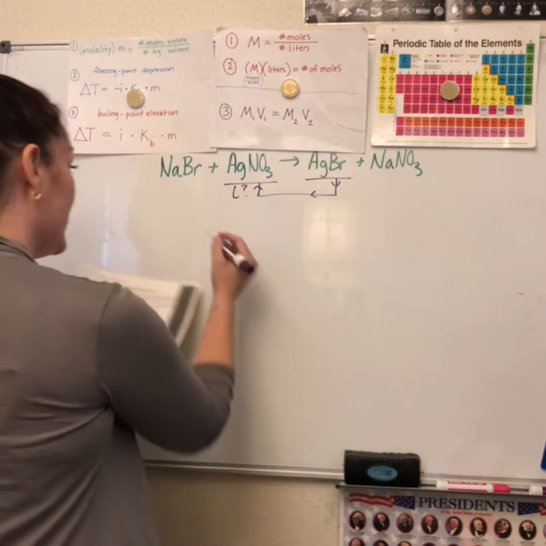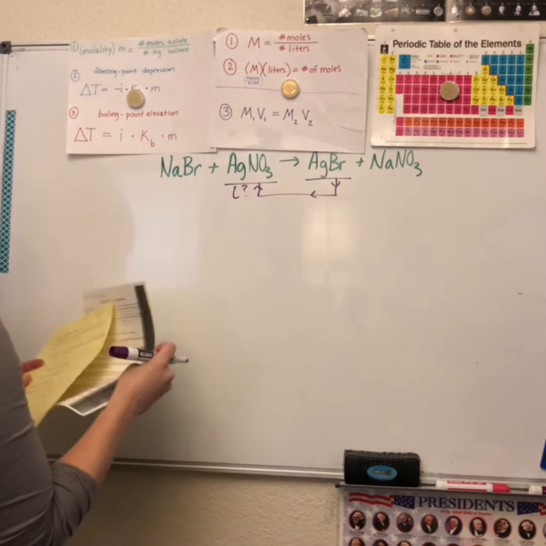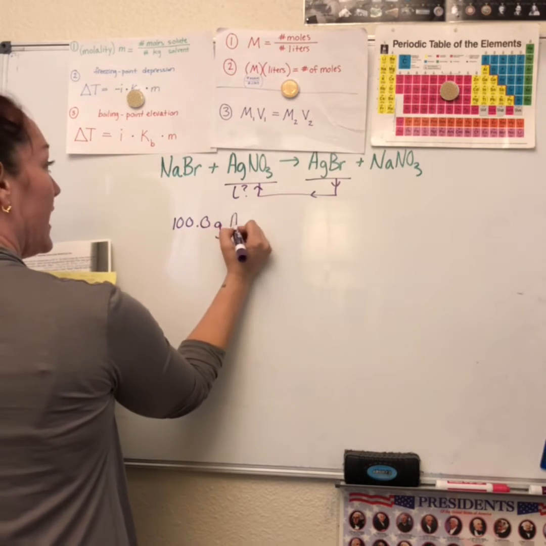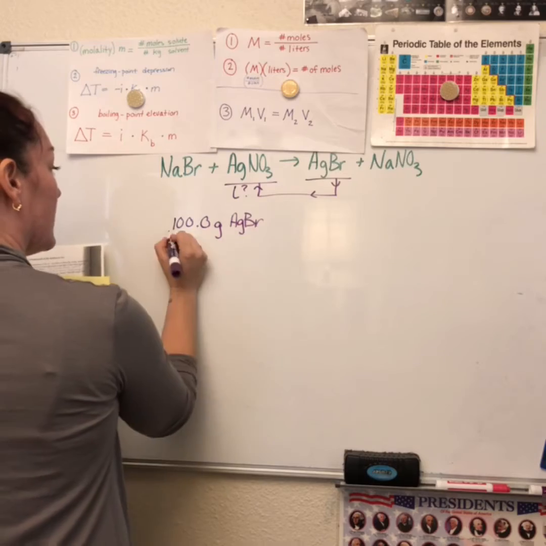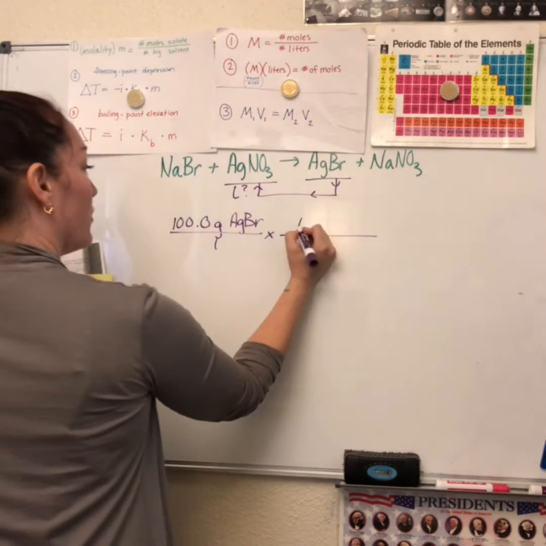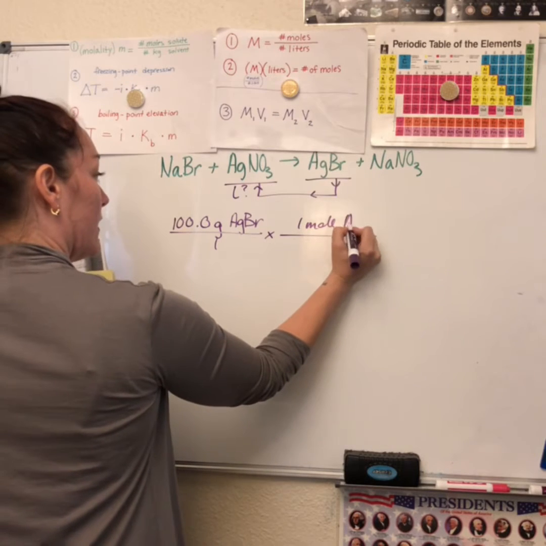So I'm going to go ahead and take my 100 grams. That's what they gave me, 100.0 grams of AgBr. Put it over 1, and now I need to turn that into moles. So I know 1 mole of this